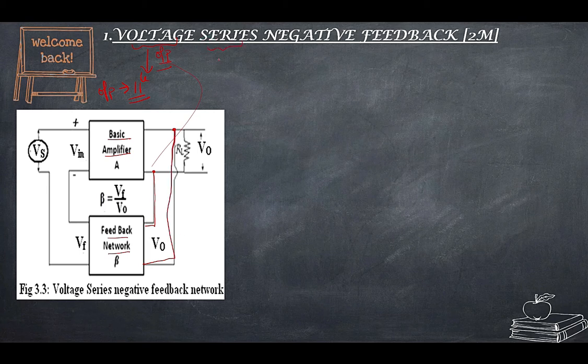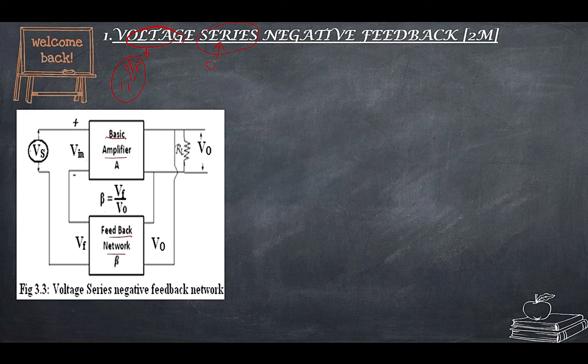The second part is input connection. So I should connect from the feedback to the amplifier in series like this. There is no parallel connection, it is a series connection. So that is how actually we write the voltage series negative feedback. Once again I'll tell, first part is with respect to output, and whenever I have voltage it should be parallel, output should be parallel. Input, it is clearly said series.